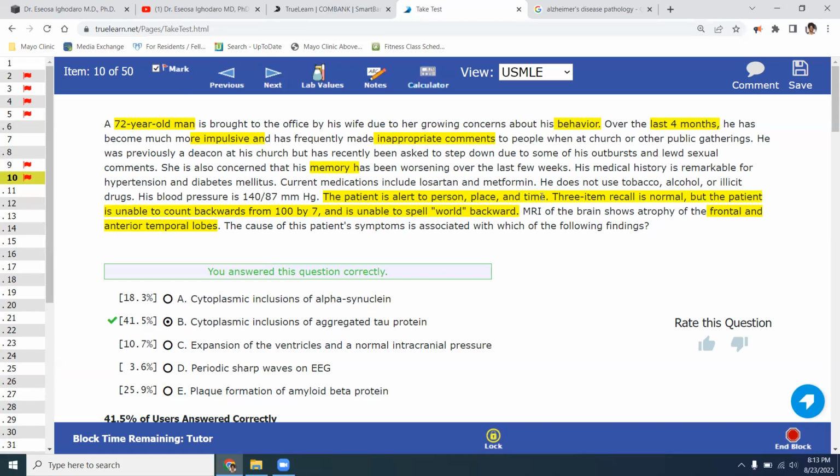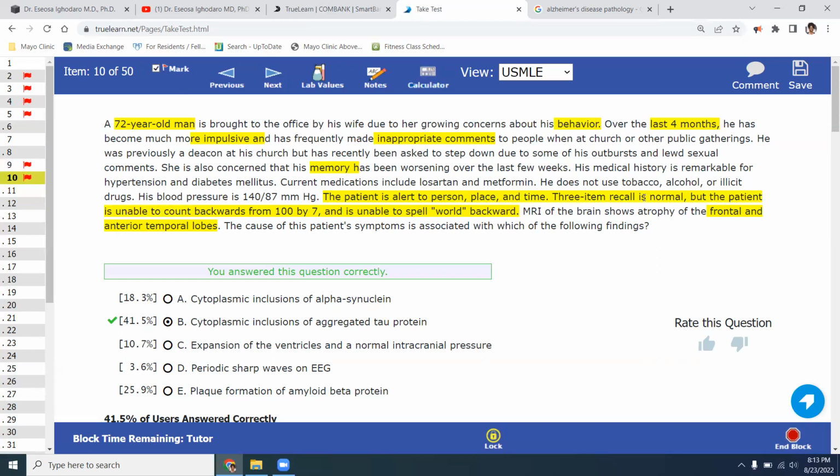And if someone is severely disabled, the last thing to go is orientation of self. So because the patient is alert to person, place, and time, this can suggest that maybe it's not affecting his hippocampus, which is where we store short-term and long-term memory. Again, the patient is able to recall